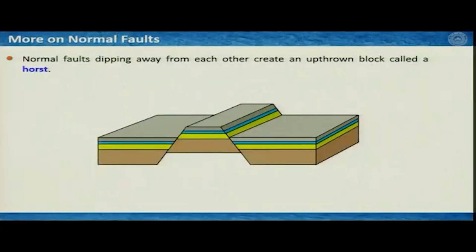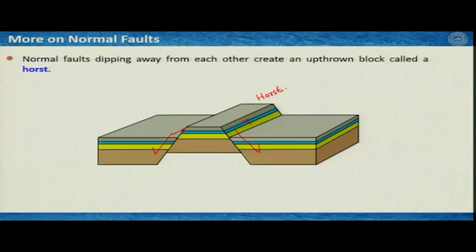Now, when the normal faults dip away from each other and then they create an upthrown block, this is called horst. So, as you see in this illustration, it was initially straight layers, and then it had a normal fault on this side and another fault on this side, and they are dipping away from each other, or their dip directions are opposite. So, here it is dipping this side, and on the other side it is dipping this side, and this particular feature, this topographic elevation, is known as horst, and these are conjugate sets of normal